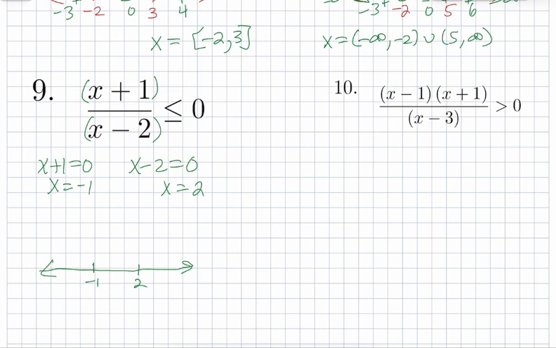Now, for any factors that came from the top, so you'll notice this one came from the top, we're going to look at the symbol. So if we look at the symbol, it has an equal to bar, and so that one is allowed to be equal to 0. But any factors that come from the bottom, no matter what the symbol is, are always an open circle because denominators aren't allowed to equal 0, so we are going to leave that one open. Now that we've determined who gets an open circle and closed and so on,